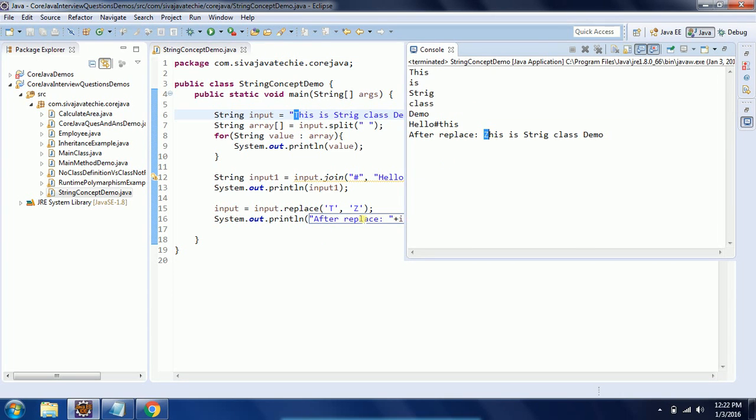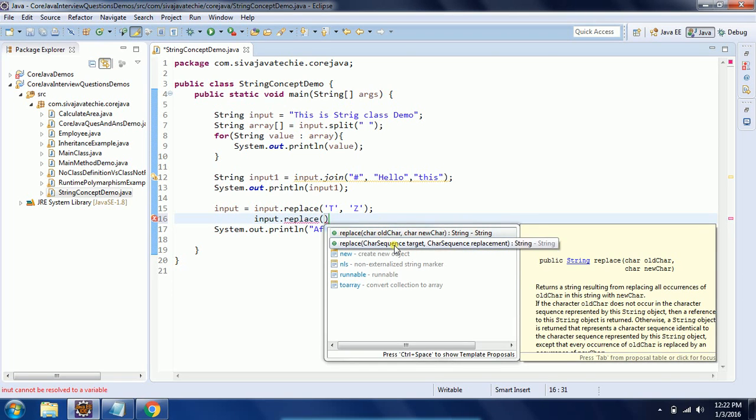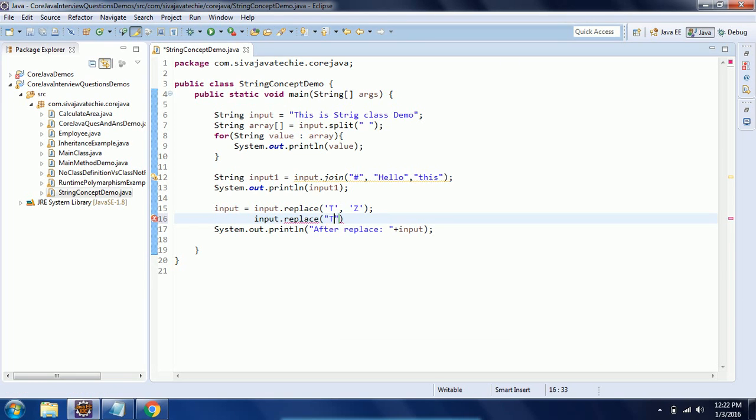This is one implementation. If you want to replace with a character sequence, that means one string with another string, that is also possible using replace. Here we have a character sequence. For example, in this case, I want to replace "this" with "hello".